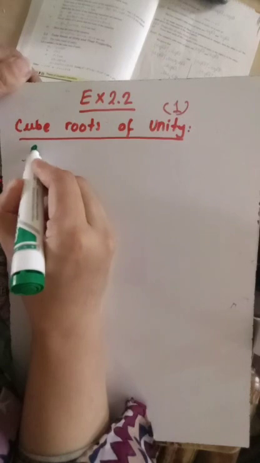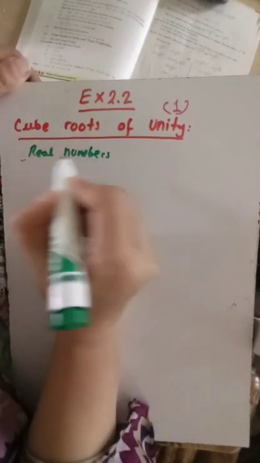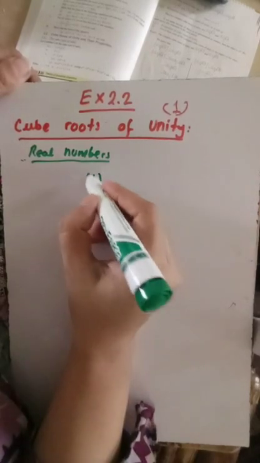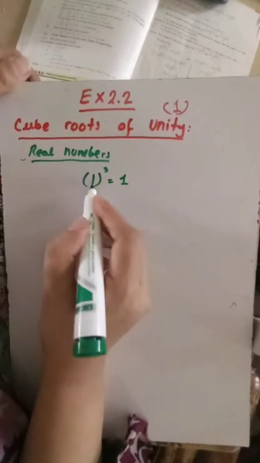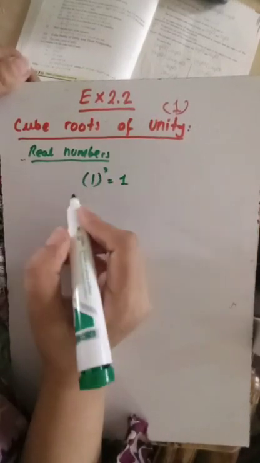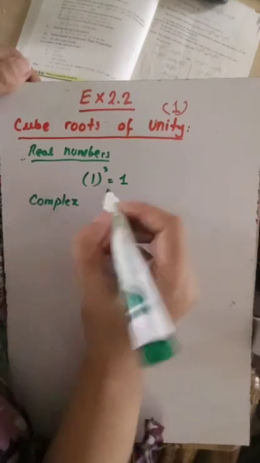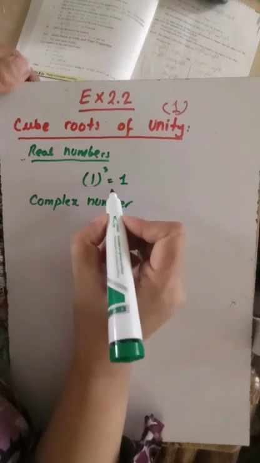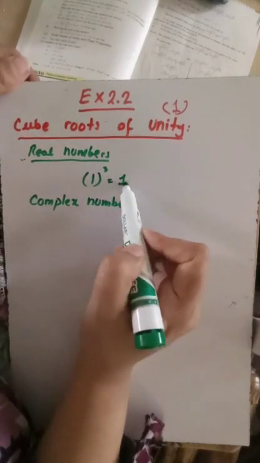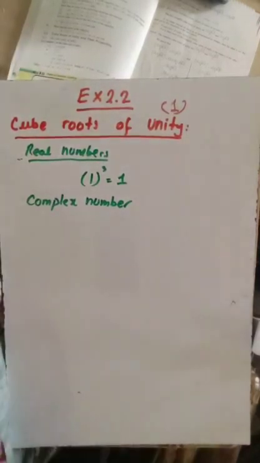Now we know that in the set of real numbers the only number whose cube is 1 is 1 itself, and there is no other number whose cube gives you 1. But in the set of complex numbers we can find numbers other than 1 whose cubes give us unity, or 1. By unity here they mean 1. Okay, so in order to find those roots, the technique that we are going to use is